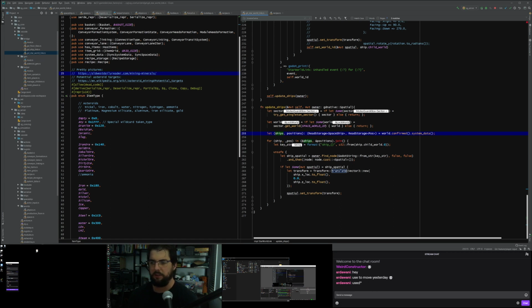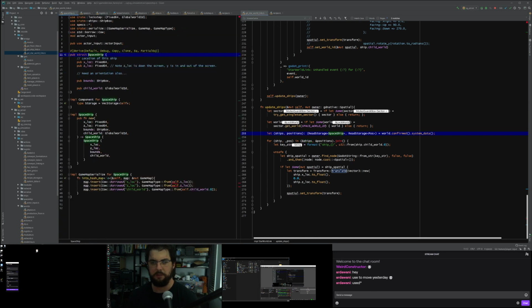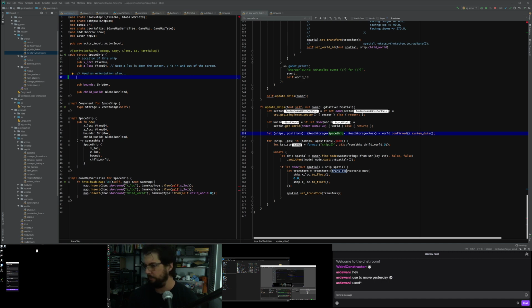Is there something interesting about the spaceship? I don't think I put the rotation. Did I put the rotation in this? Yeah, I need an orientation also. There's some mind-melty maths here that I need to worry about at some point. But, and it's part of thinking about whether I want 2D or 3D physics that I haven't really faced. So, for orientation,